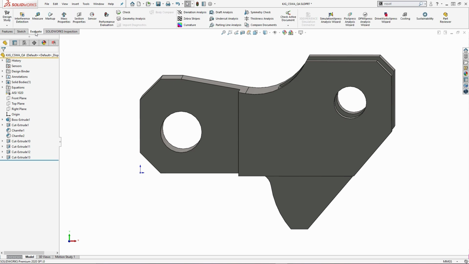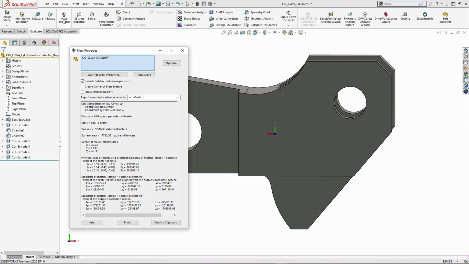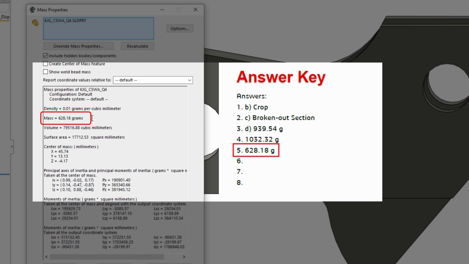If I go under my Evaluate tab, I can choose my mass properties, and we can see that my mass is 628.18 grams, which is identical to the answer key. So we verified that our changes are correct, and that's going to properly set us up for the